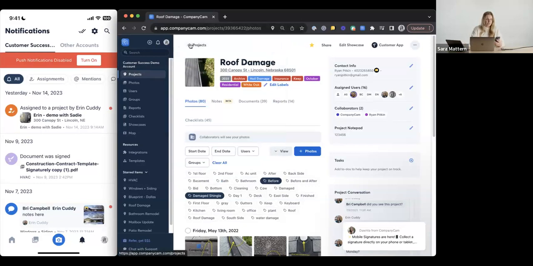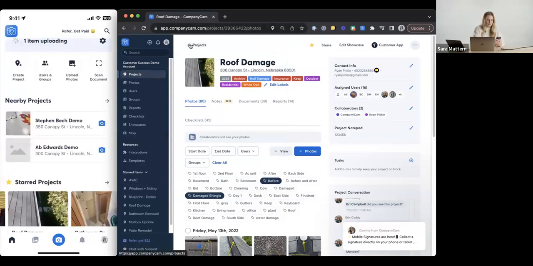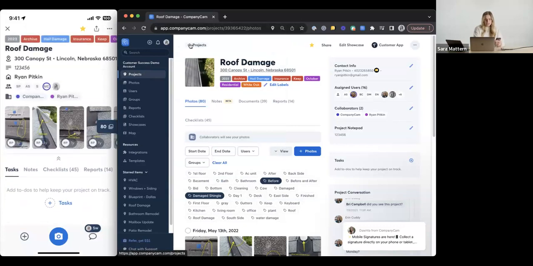All righty, moving right along, we're going to go ahead and get into our checklists. If you haven't used our checklists, they're a really great way to keep everybody on the same page for your standard operating procedure, for your inspections, your final walkthroughs. If you want to send something to the customer, again, with that final walkthrough, a checklist allows you to check